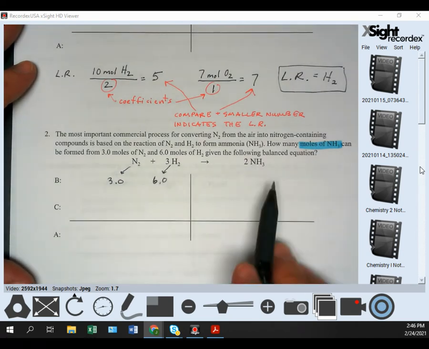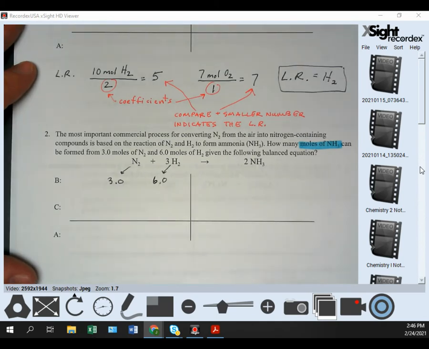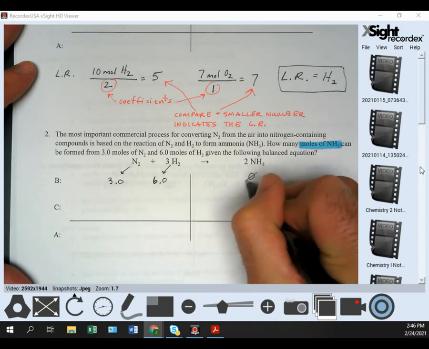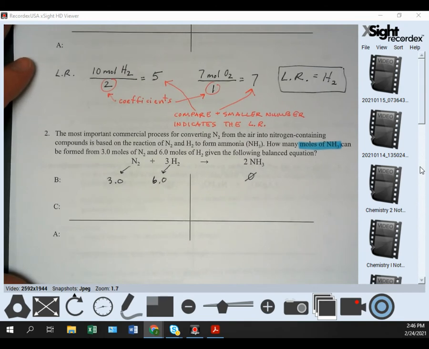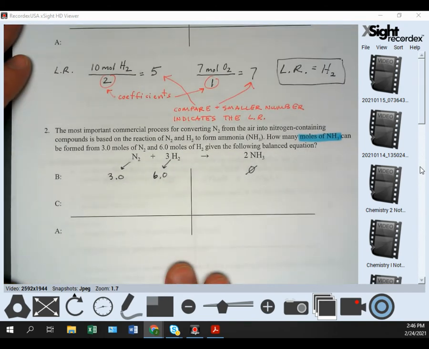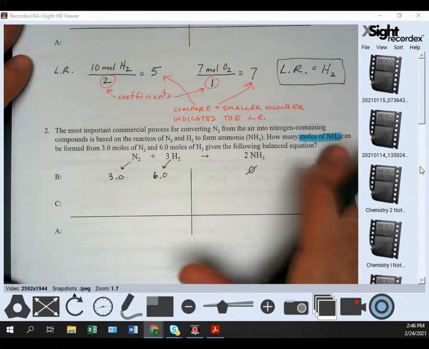Okay. Now, what do I put under the NH3? Okay, 0. Good, because remember, it's a product. There are no products before the reaction happens. So far, so good? Okay, we need the limiting reactant. We've got to figure out which one of these runs out first. It didn't ask for it, but we still need it to figure out how much of something we're going to